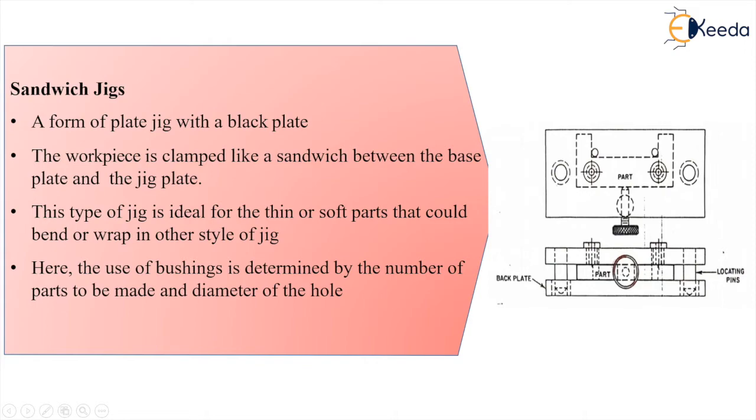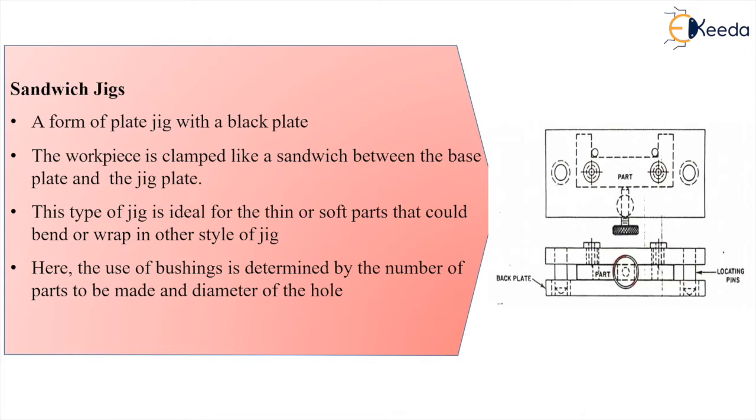The workpiece is clamped like a sandwich between the base plate and the jig plate. This is the base plate and this is the jig plate. See here, these are the bushes from where the tool is going to guide. Okay, this is the part that gets sandwiched between the jig plate and the back plate. So this type of jig is ideal for thin or soft parts that could bend or warp in other